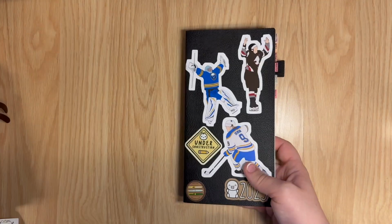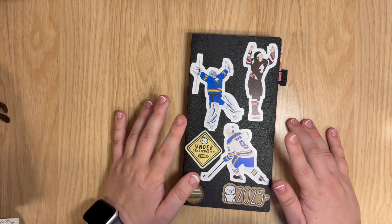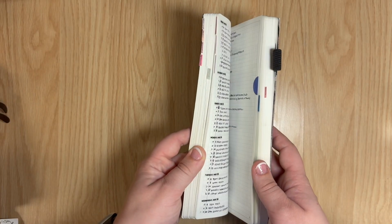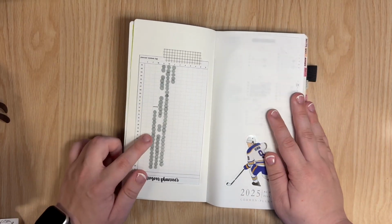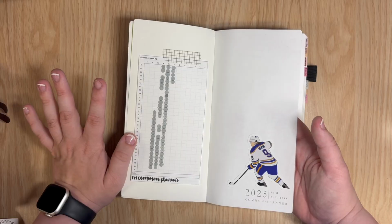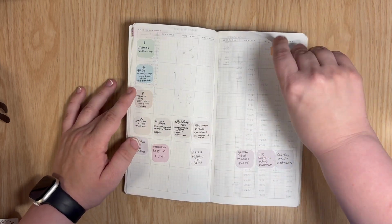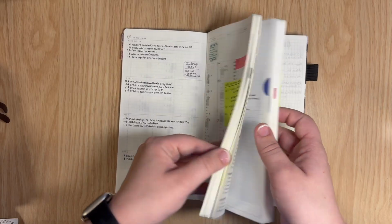You know what, we'll talk about the memory keeper in a little bit. Basically, this is the N1 horizontal full year planner, and I got this in March, and I enjoyed it a lot. I was very, very consistent up until recently, and that's where you'll see why that's the case once we get to that. But I had it set up very similarly, trackers and all that stuff, and the monthlies,